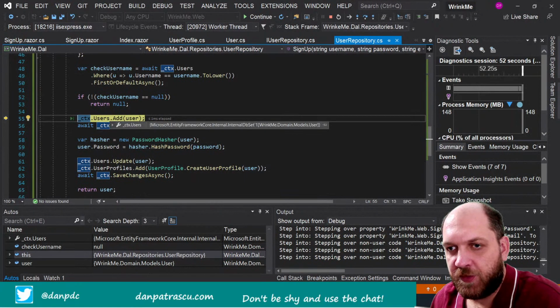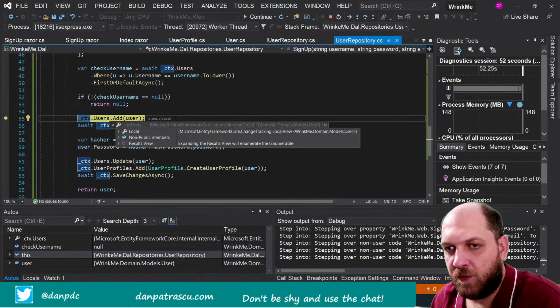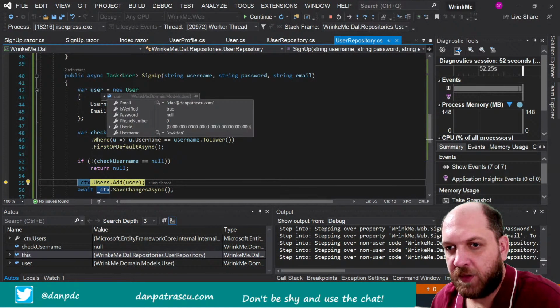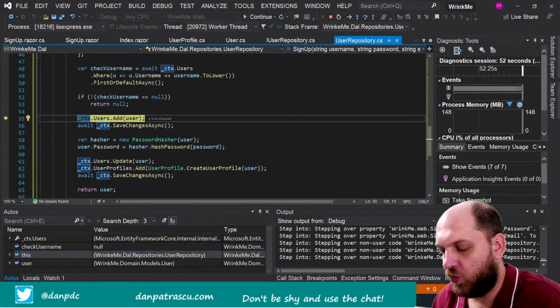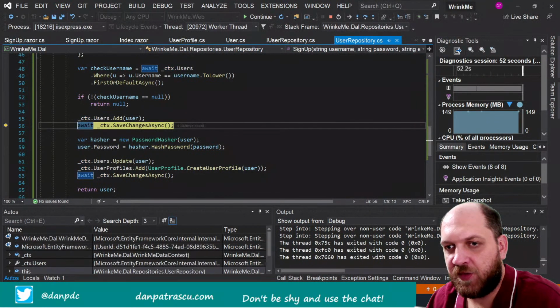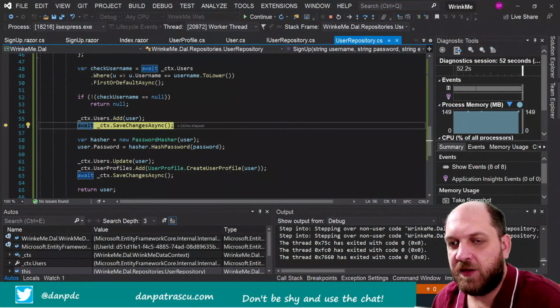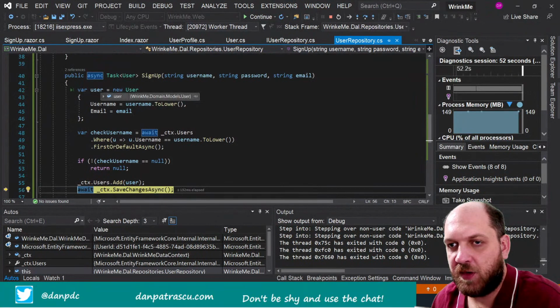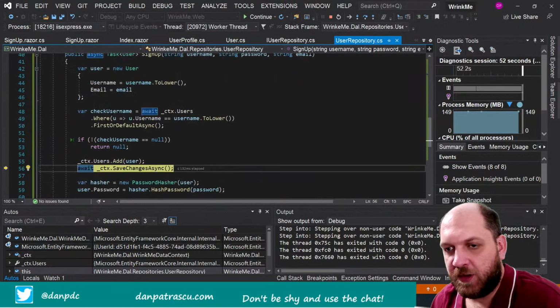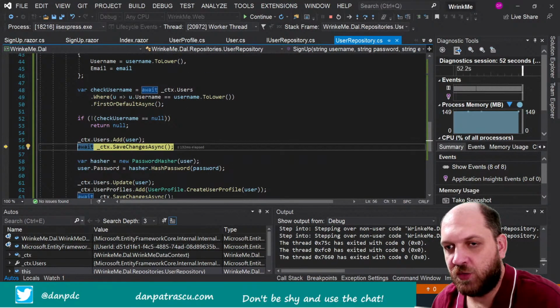And I'm curious. Right now I go to user. The user ID is like that. It doesn't have a password, which of course is to be expected right now. What I want to check is, after I added the user to the context, does it have a GUID? Yes, it has. So this means that right after I added the user to the context, what I can do,